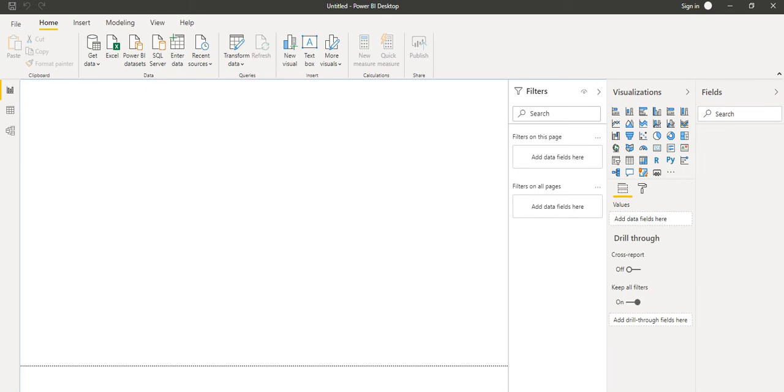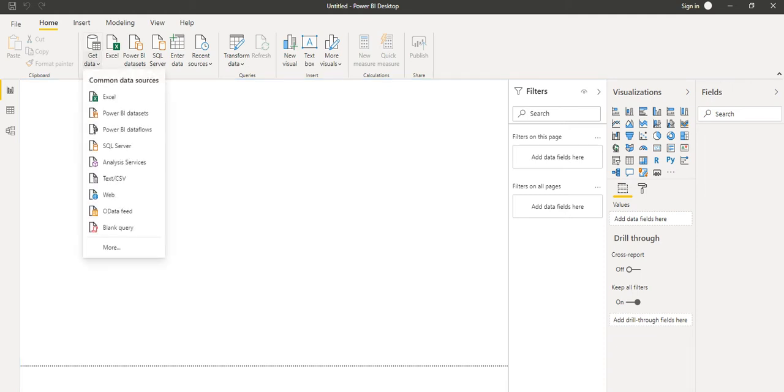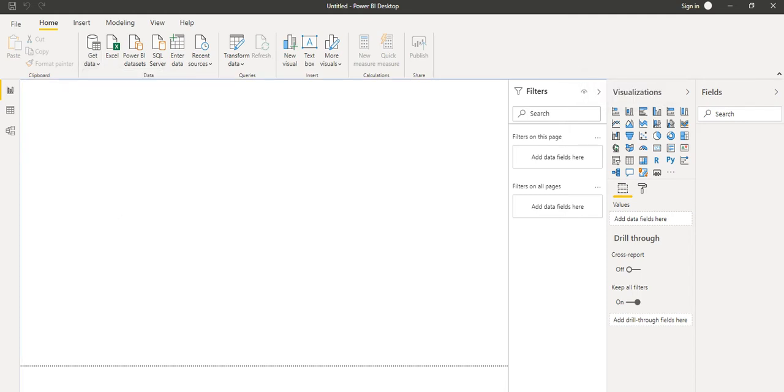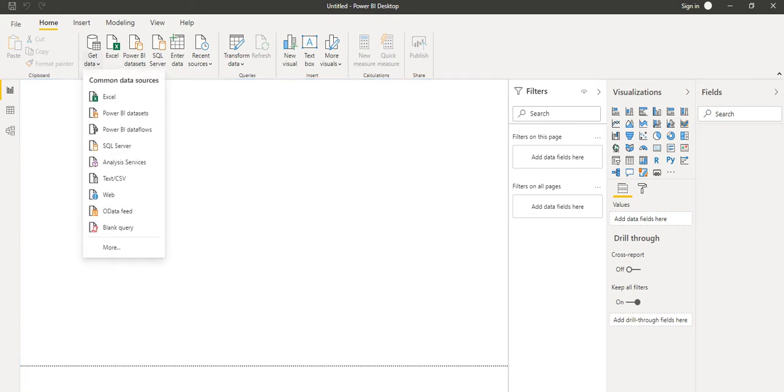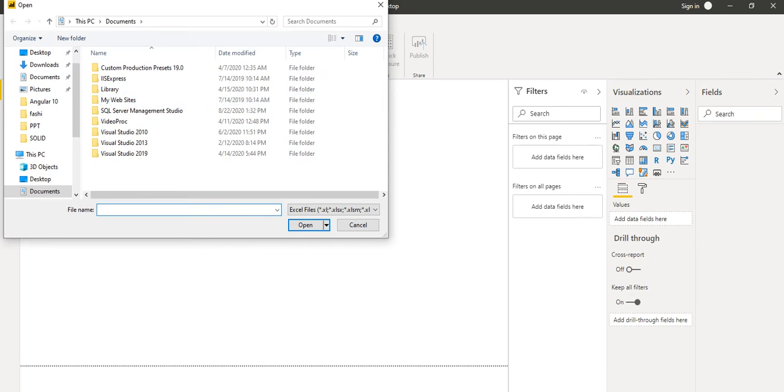So the interface looks like this. What we are going to do is import the data from Excel, and show that particular data in a column chart. We will see different features and properties of that chart and how we implement those properties in the chart. So let's get the data from this Excel, which I have kept in my system.